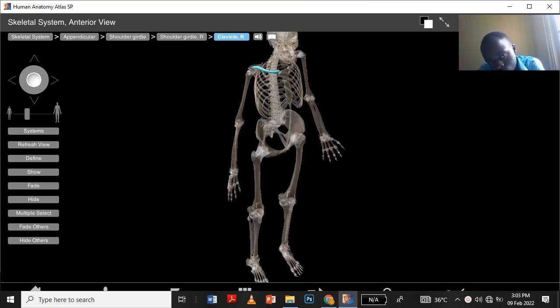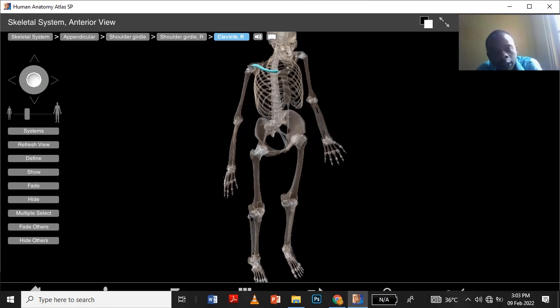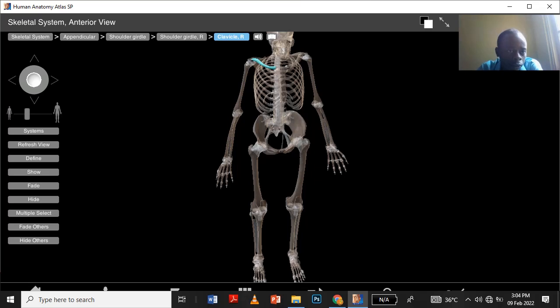So, the first one we'll be looking at is the clavicle, and I've done justice by using this app, Human Anatomy at Lax. It's a very good app. Although I'm using the free trial one, so I don't have full access, at least the one I have for now is well detailed and well explanatory for students to understand the pictorial view of the whole body, apart from just having a formal kind of assimilating knowledge, not just cramming or putting it off head, but also having a clear